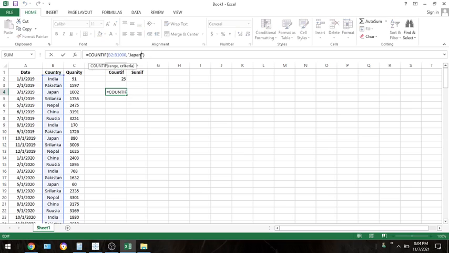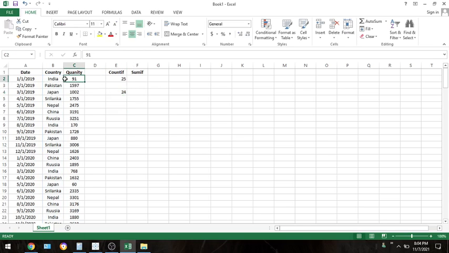Now for example, if you have written this in lowercase for Japan, still it is showing, it is not case sensitive. But if you change the spelling, now it will show 0 because there is no such country, the spelling of Japan is wrong. So make sure this is again not case sensitive. So here the case is different and here the case is different, but still we are getting the count. Similarly, when you are getting the count, you can also calculate the sum, like sum is nothing but the addition of all your rows whatever you are taking, right?